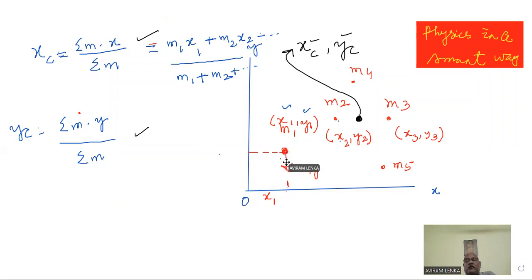So M1 has its weight M1G, and similarly M2 will have M2G. If you take the torque about the origin, then the torque of M1's weight will be M1G into X1 and so on. A similar derivation and a similar formula will come up. So the formulas you have got here, the center of mass X coordinate and Y coordinate, are valid. Similarly, the center of mass Z coordinate will be found. Let us remove this cluttering and make the formula more precise.